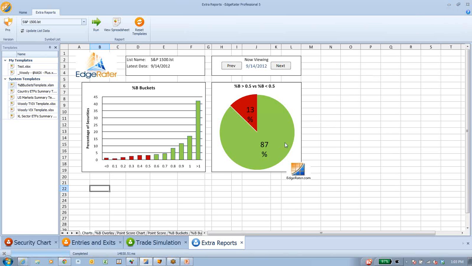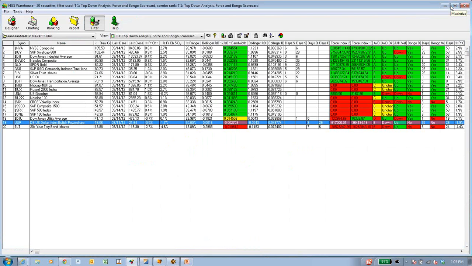87% of the stocks are trading above the midline of the Bollinger Bands, which is a bullish finding. In addition, you can see very few stocks trading below the bottom, but perhaps contrarian worrisome is the fact that about 42% of the stocks are trading above the upper Bollinger Band. That tells me, in addition to everything else, that it's time for this market to refresh.